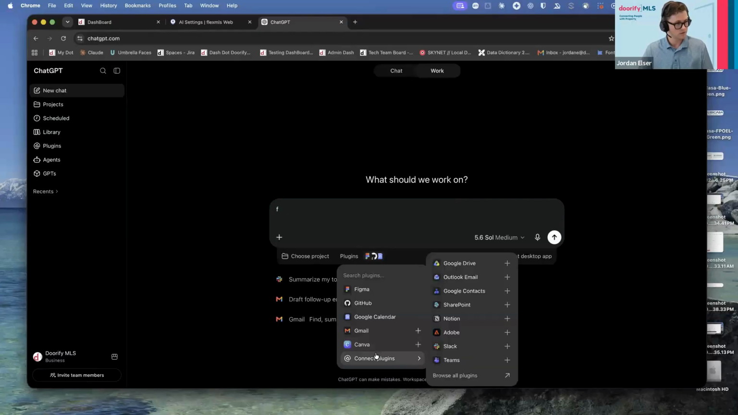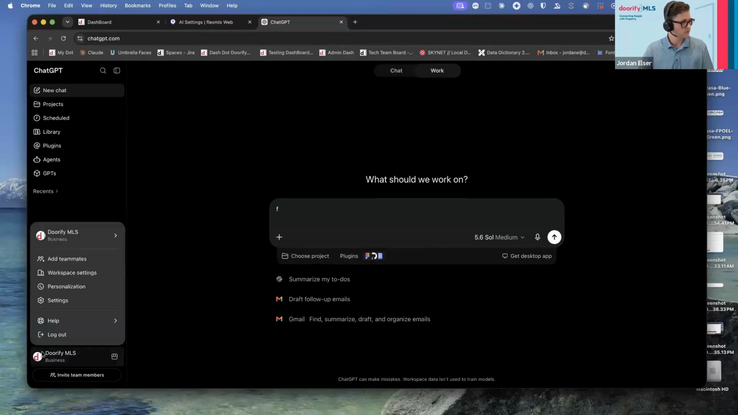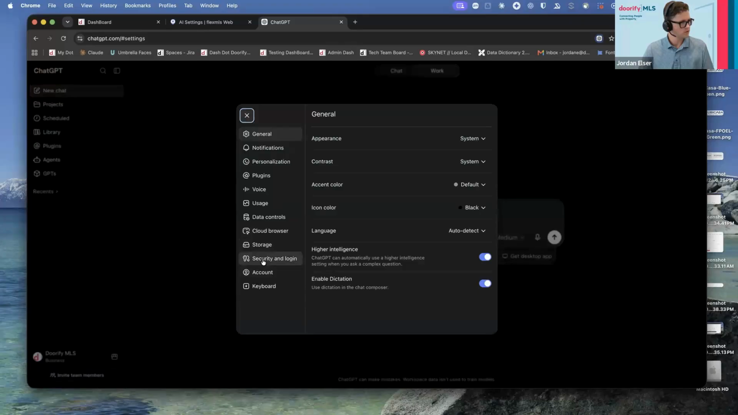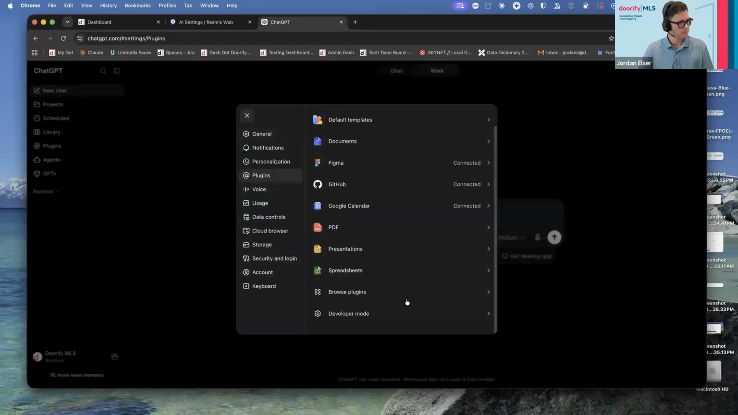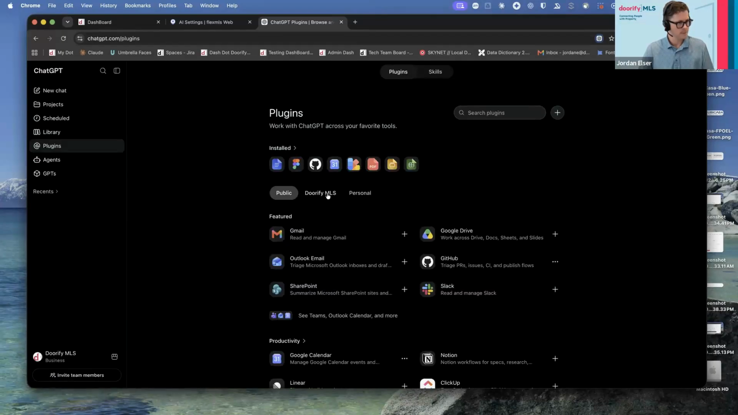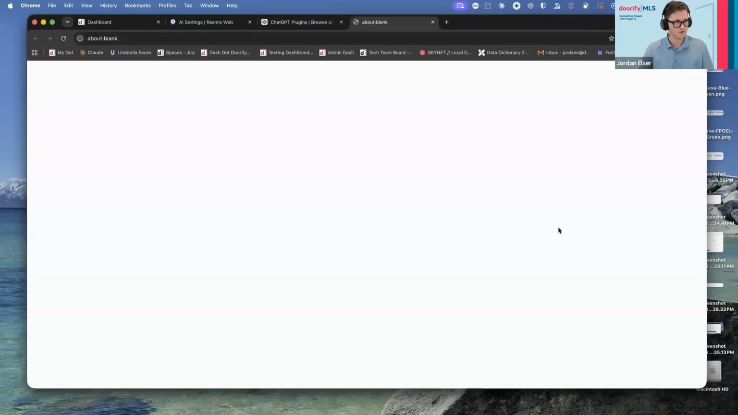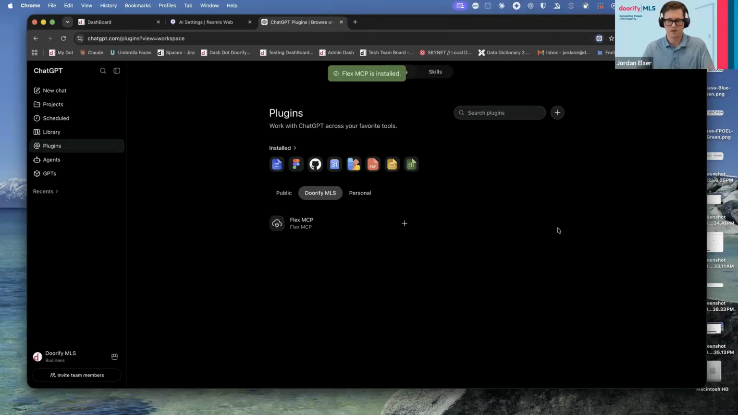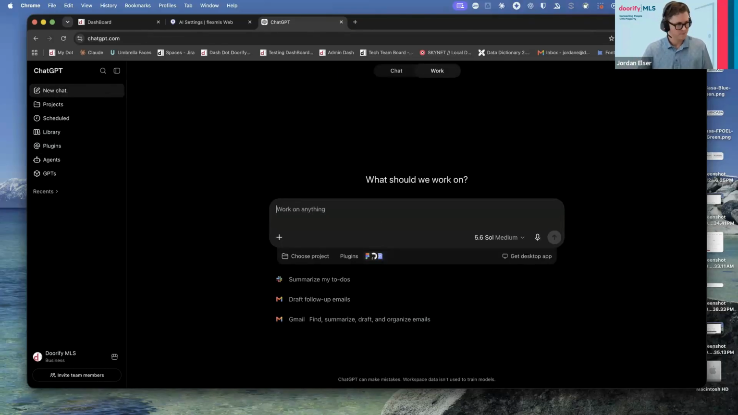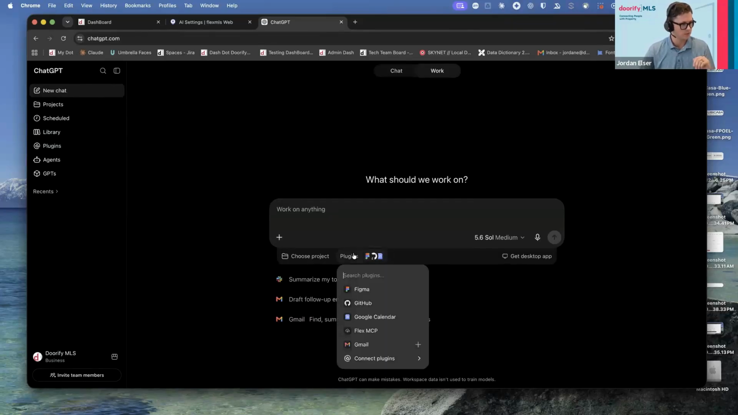Plugging in here. Let me reload this. Should be here. Let's make sure it was. Oh, it might have been disconnected. Aha! There we go. And now you're going to see my SSO login. Okay, Flex MCP is installed. Sorry about that. So now I can go back to the new chat and select Flex MCP,